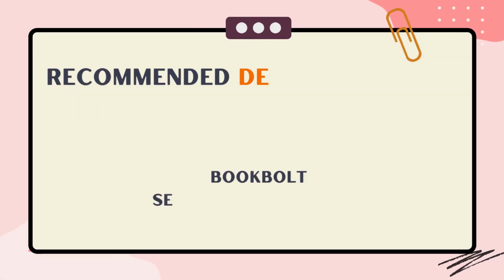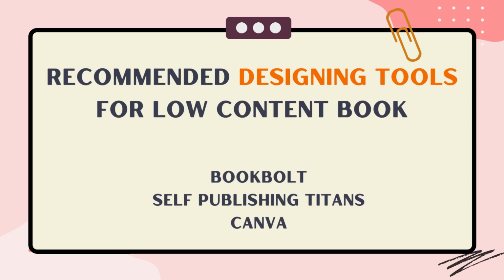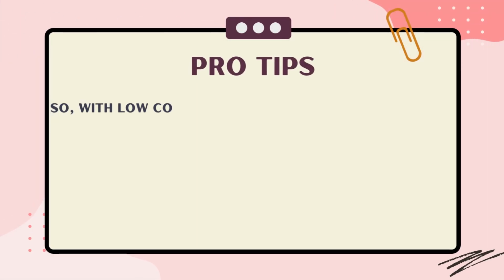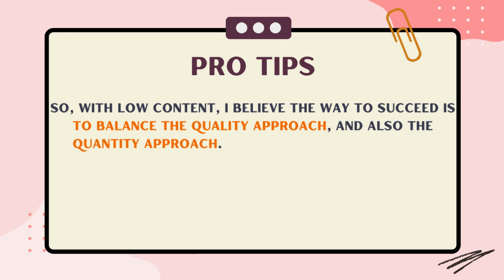You also can't convert the majority of your low content books to audiobooks in order to increase sales on other platforms. This is just you creating in one format, which is paperback, the print version. And if you have been publishing for a while, you know that sometimes a book can flop in one format, like an e-format or paperback, and sometimes it can explode as an audiobook. Or maybe it is not doing well on Amazon, but you still put it out there on a similar website and you could just have the best shot. So you really don't have that kind of diversification with low content books.